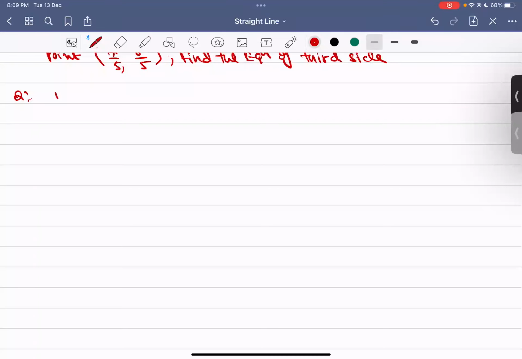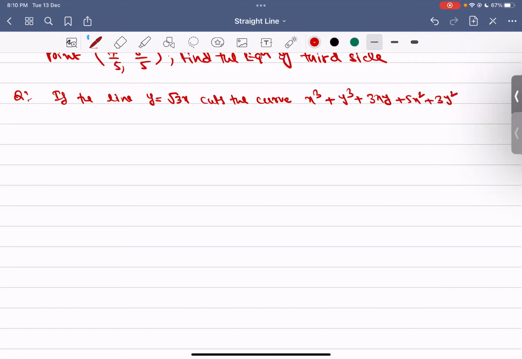If the line y equals root 3x cuts the curve x cube plus y cube plus 3xy plus 5x square plus 3y square plus 4x plus 5y minus 1 is equal to 0 at the points